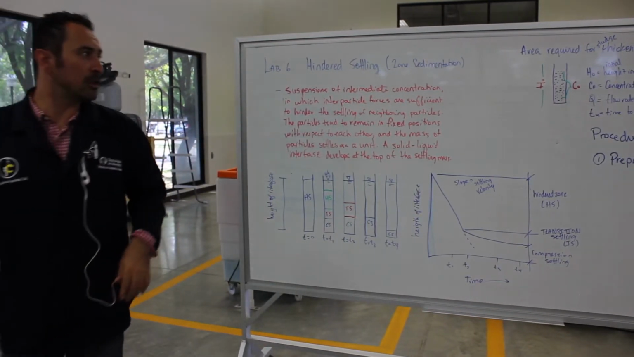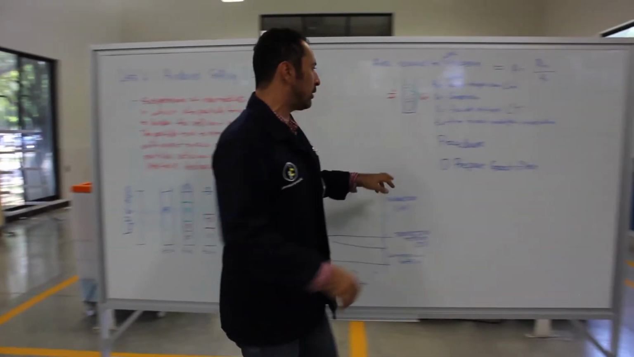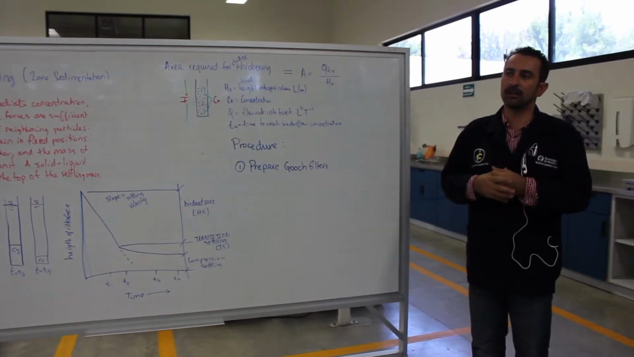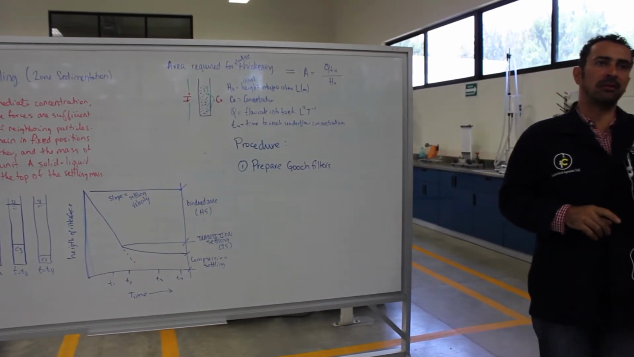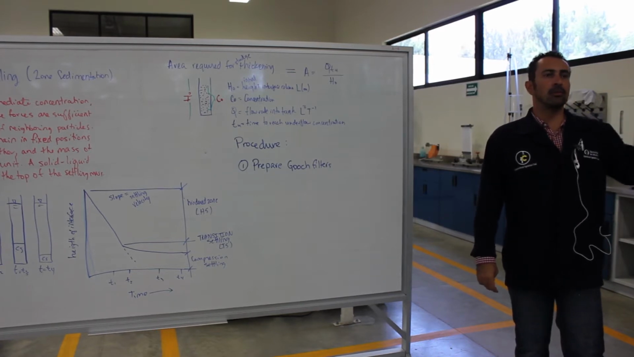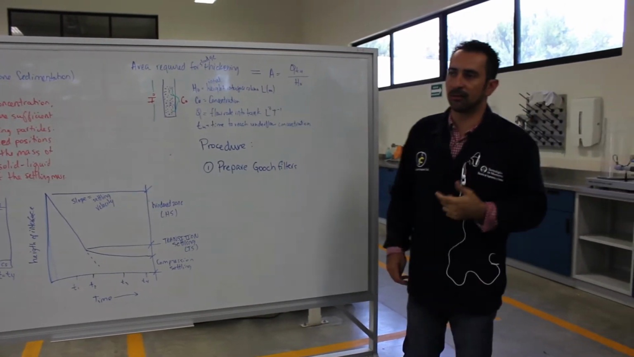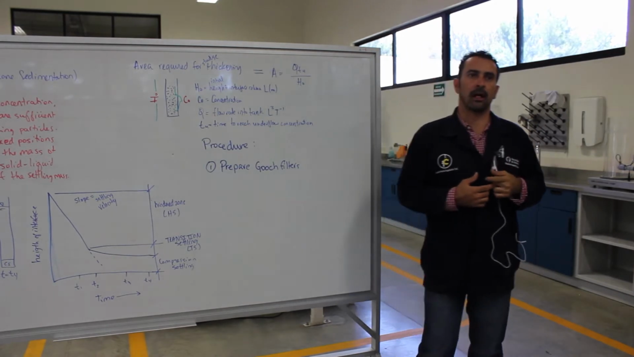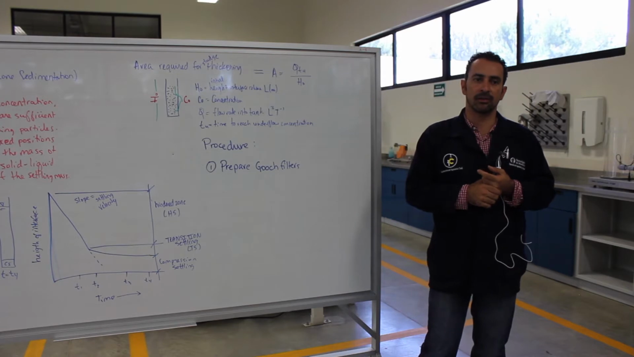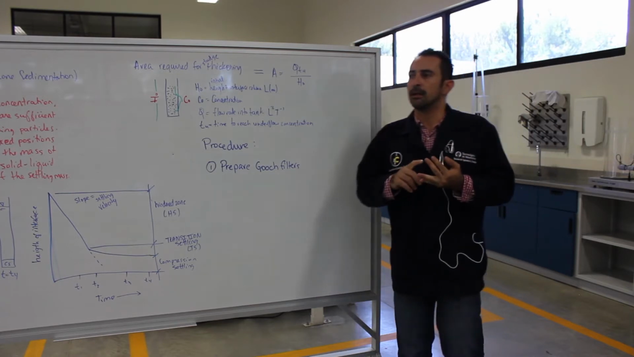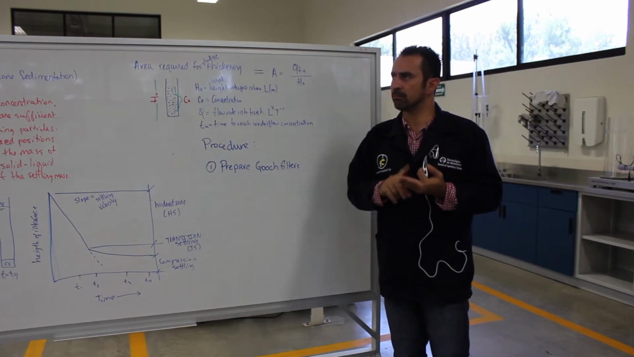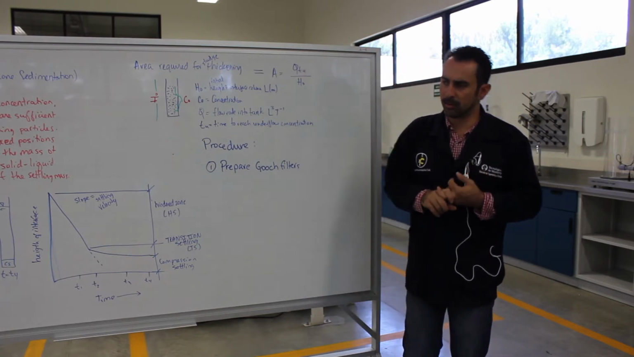Okay? So our first procedure is to prepare our Gooch filters and our melting pots. Second, once you get 15 minutes in the oven, then 15 minutes in our desiccator, then you bring 10 liters of wastewater from tank number 4. You measure initial parameters: pH, turbidity, color, temperature,